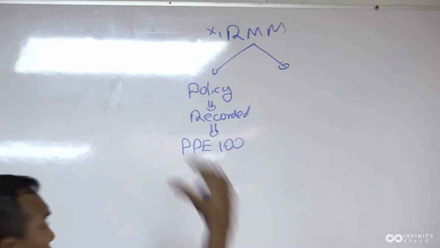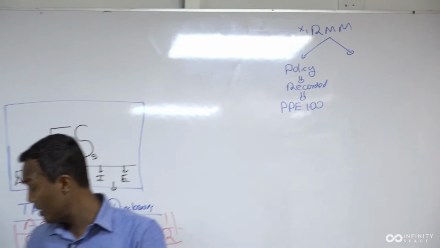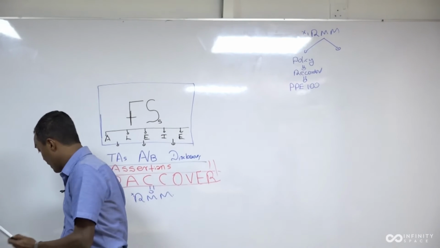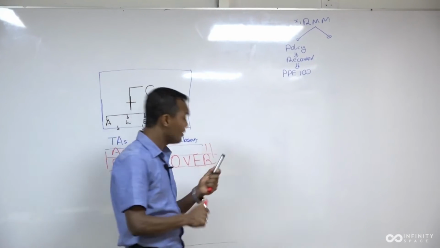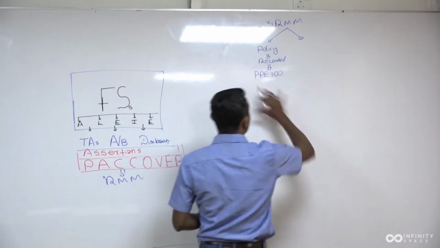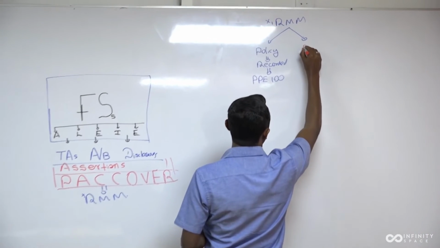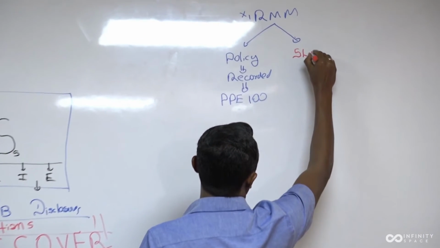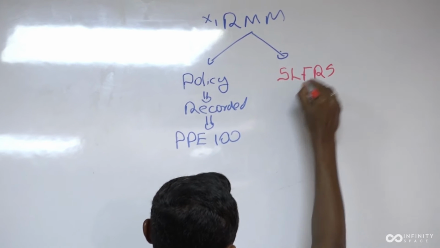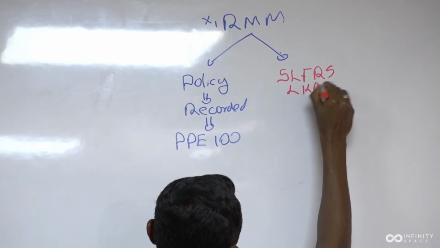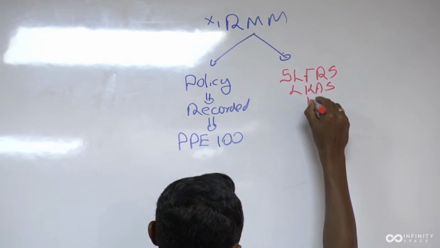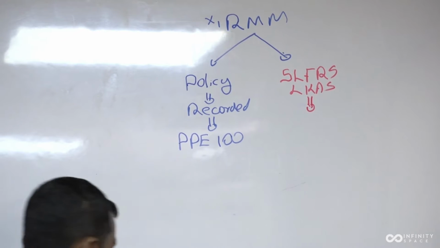So this is the recorded balance, and again I am using red color because that's something very, very important. The difference between the recorded balance and the balance that should be recorded based on the SLFRSs, or related LKSs, right. Which means if you apply the property, plant and equipment LKS